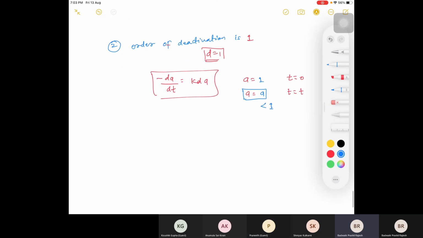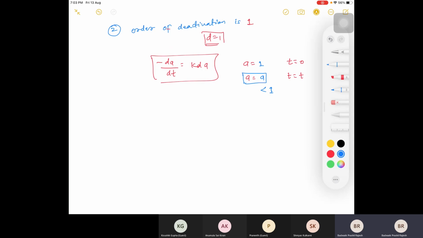Yes, sir. Please let me know the expression. Okay, you just need to integrate that. A is equal to, in terms of t. I will not go in detail, right? Suppose I'm writing for first, then I'll just tell you to draw the graph or to integrate. So if you separate this and apply the boundary conditions, you will have activity a equal to e power minus kd into t.